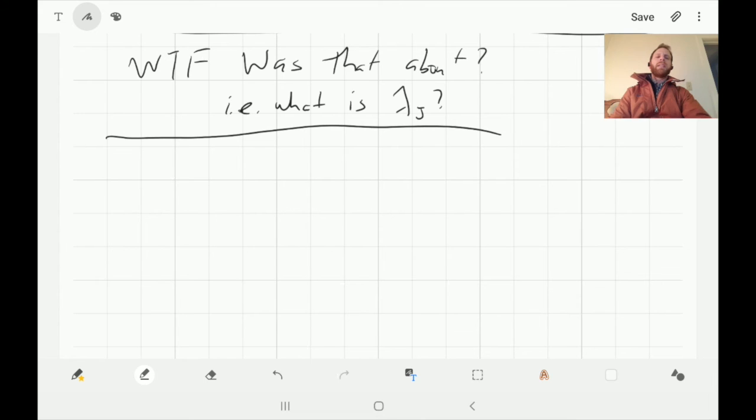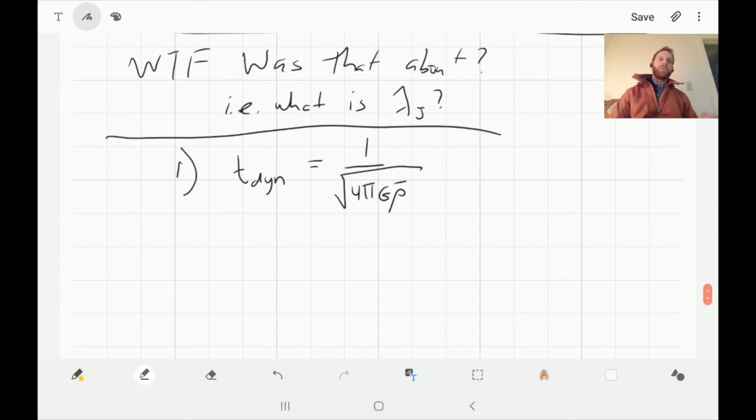Okay, and the way to get there is to think about there are two time scales involved. One is spherical overdensity. It's going to collapse. The time scale there was called the dynamical time scale, and that was, if you recall, equal to 1 over the square root of 4 pi G rho bar, where rho bar was the average density in